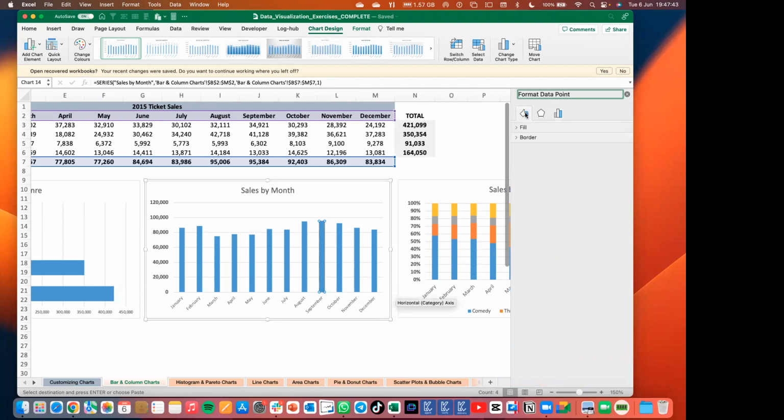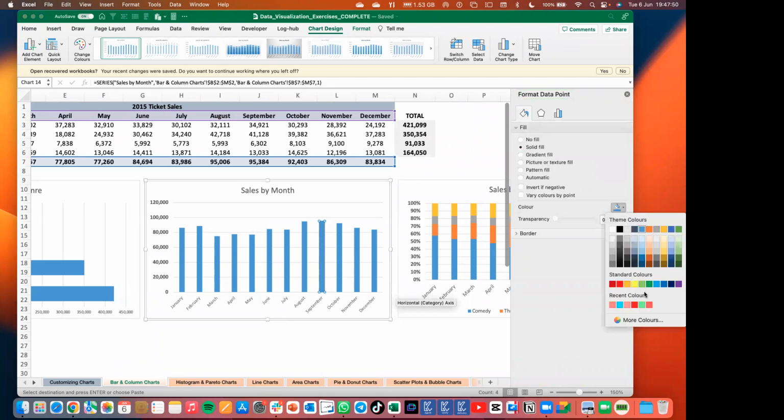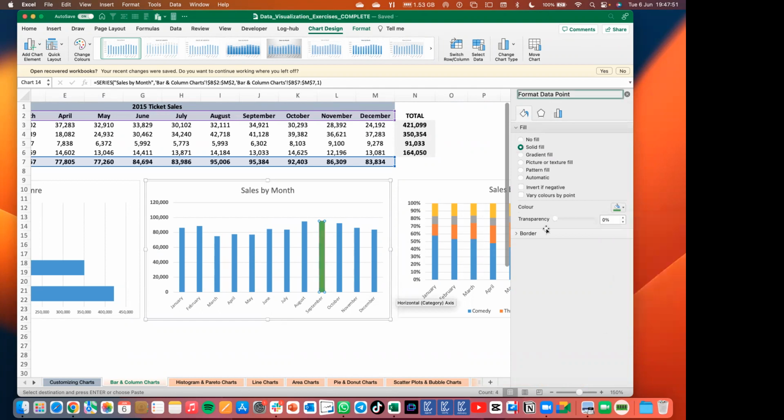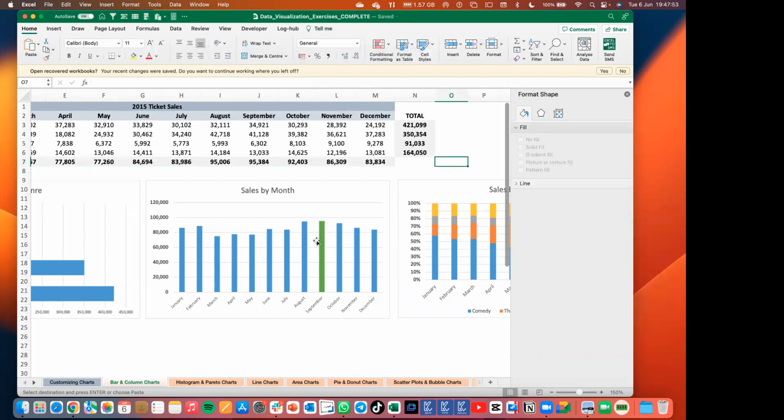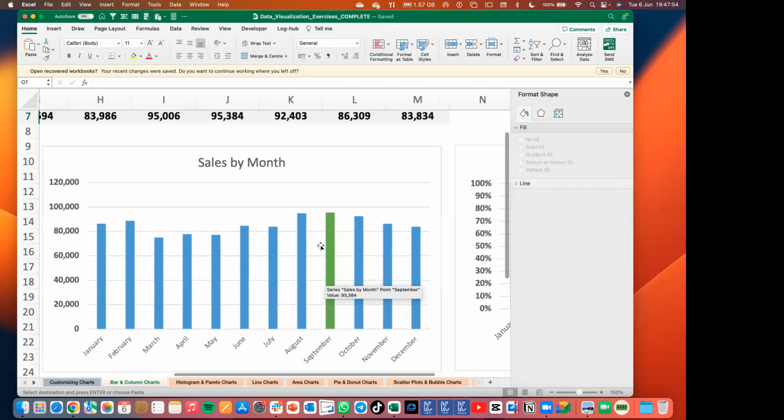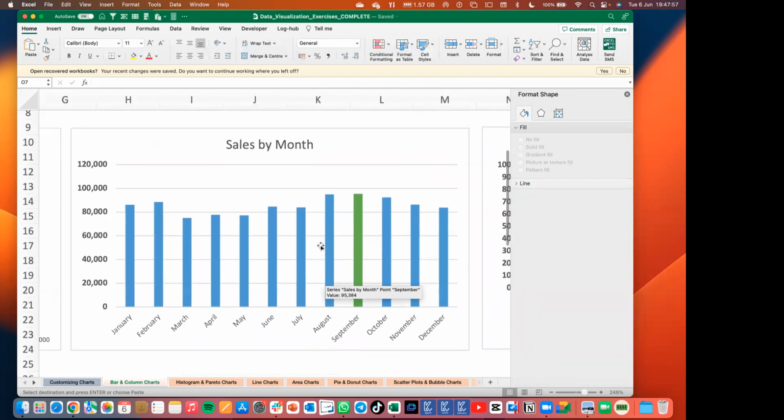I can go to September, give it its own solid color, and change this color maybe to green. The moment I change that to green, only one bar will be colored green. Why? Because